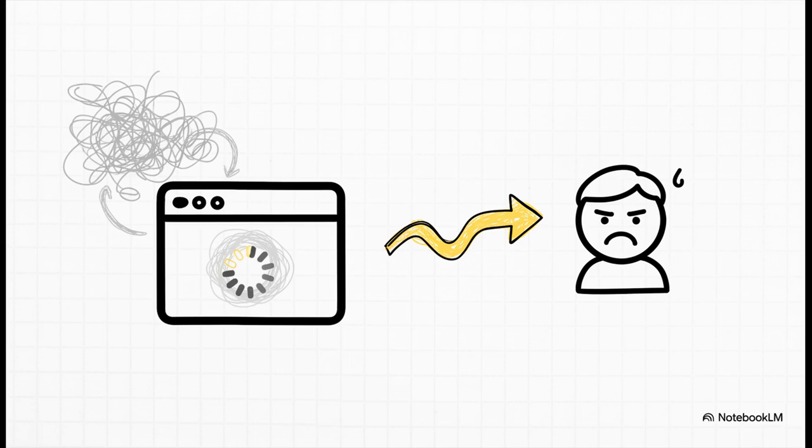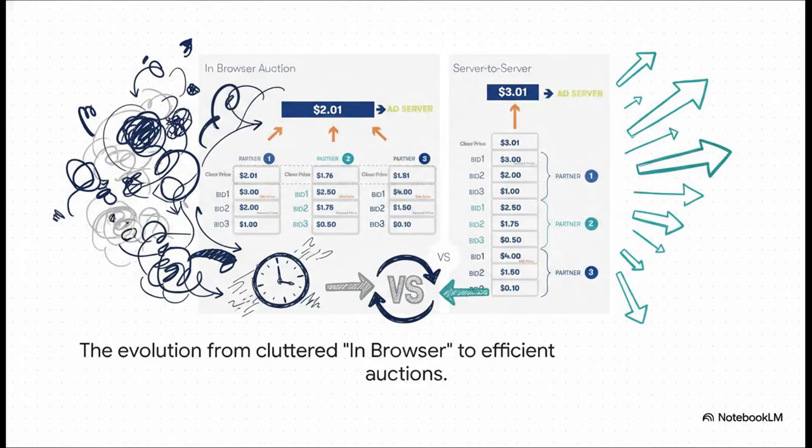A huge part of creating that cleaner supply chain is just making the auction process itself more efficient. See, some of the early versions of this tech could actually slow down websites because your browser was trying to run way too many auctions all at once. That created a terrible user experience, and the industry is working hard right now to fix it. And this diagram here shows you exactly what I mean. On the left, you see the old in-browser auction. Your browser has to do all the heavy lifting, juggling all these auctions, and it just slows everything down. The solution is the server-to-server model you see on the right. In this case, the web page makes just one request to an outside server, and that server runs the auction with all the partners. It's so much cleaner, so much faster, and it just makes for a better experience for